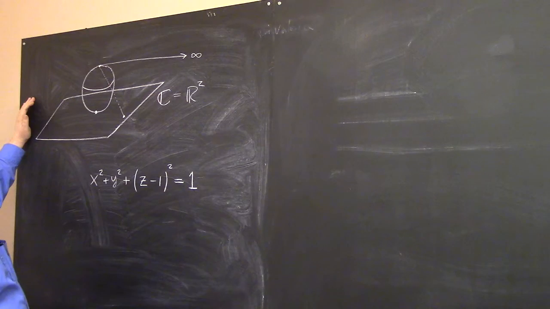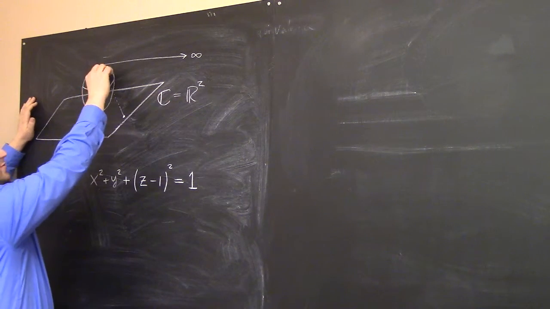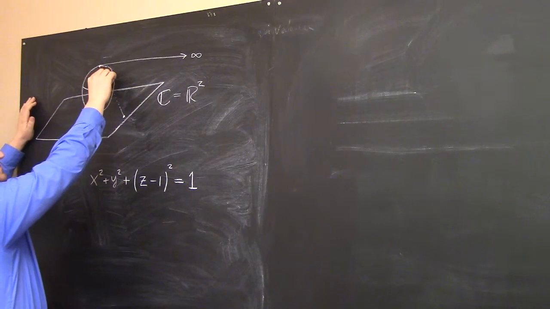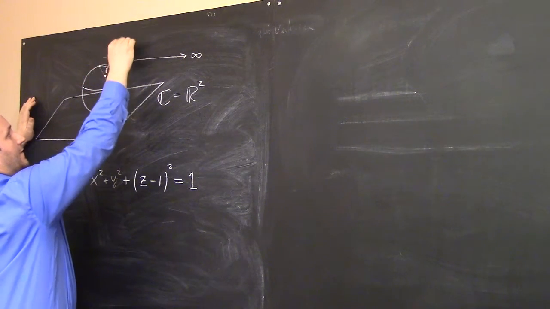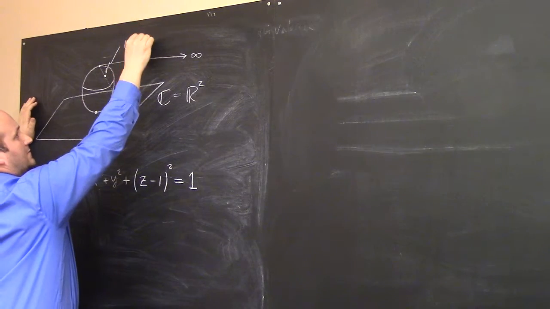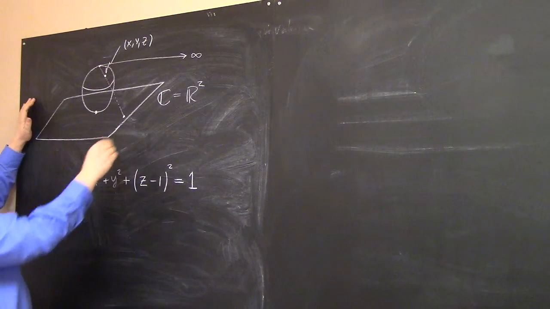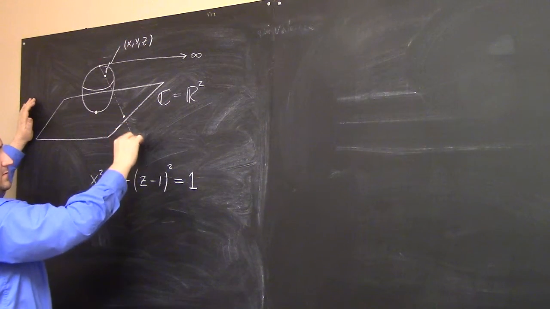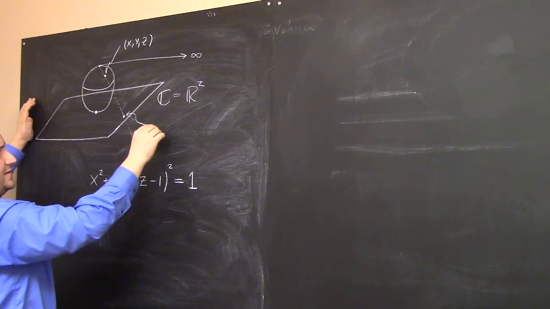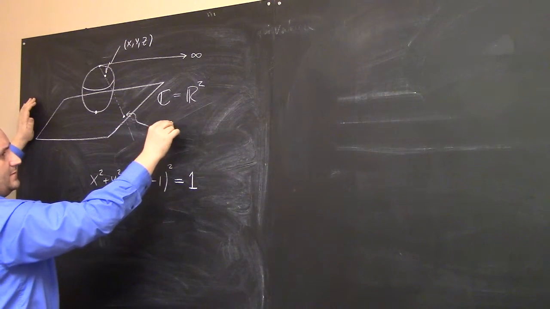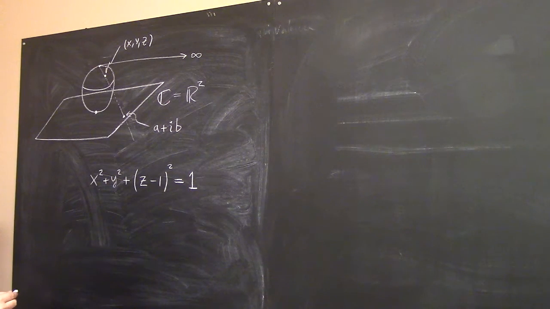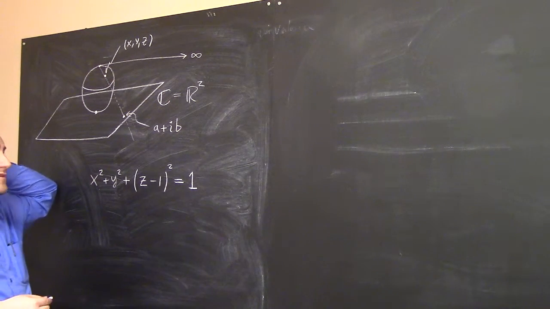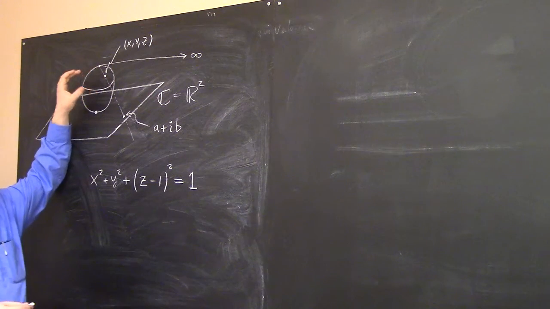And so if you look at that particular point where it intersects the sphere, right, that point, let's say x, y, z, then that maps you to a specific point down here, which we might say is a plus ib. Okay. And so this is called the stereographic projection. It will map the